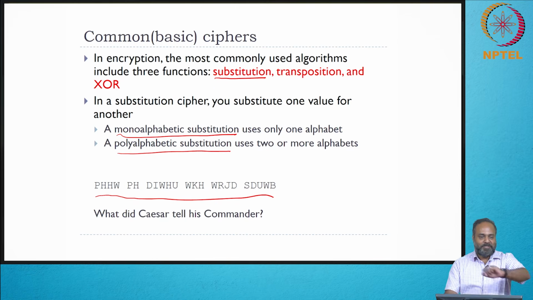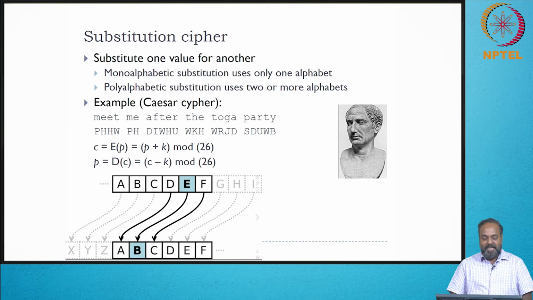Well, you have 1 minute. Say when your letter is A, instead of A you will say B, C, D; instead of A you will make it D. Okay. So, you advance it by a number, and that is known as Caesar's cipher. Meet me after the toga party. Okay. That is what that